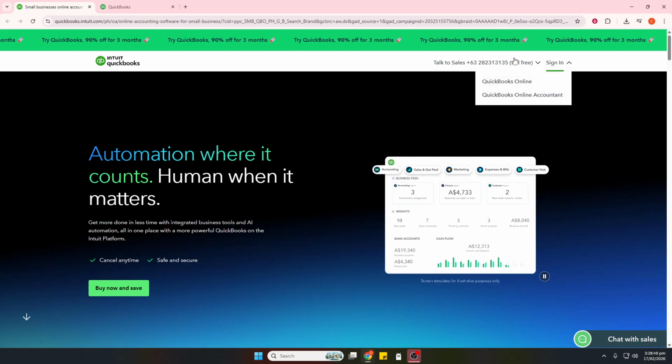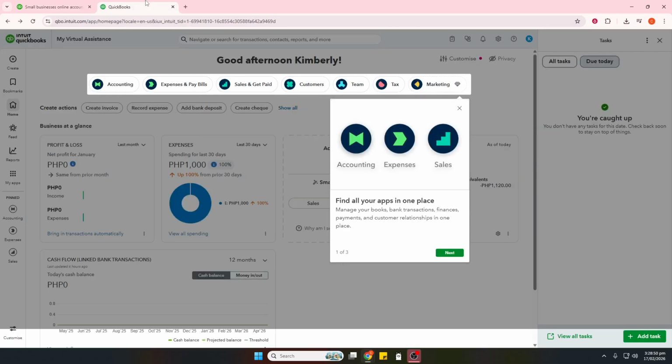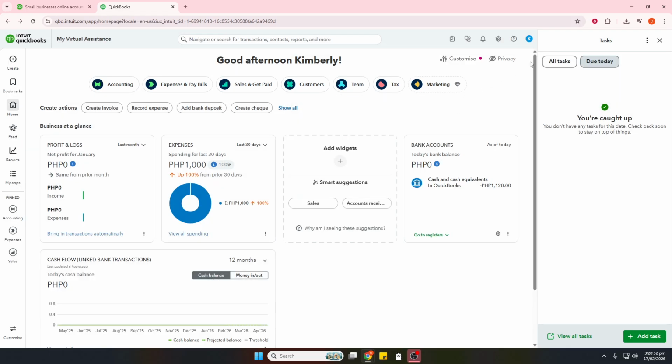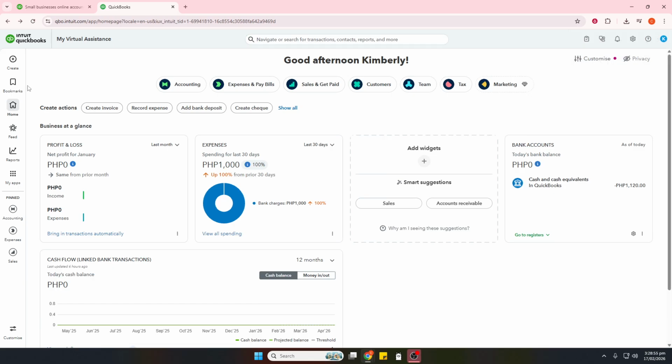Start by logging into your QuickBooks Online account. From the dashboard, look to the top right and click the gear icon. Choose Account and Settings, then open the Expenses tab. This is the control center for how your expense forms behave, how billable costs are handled, and what your default